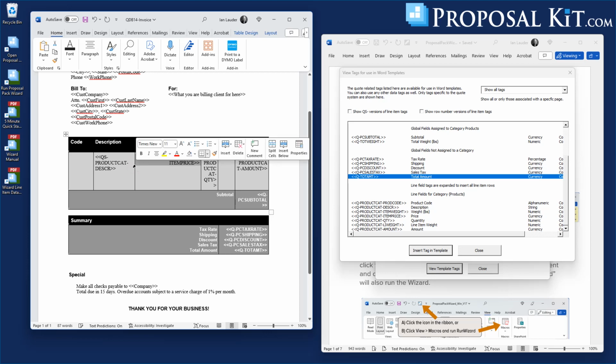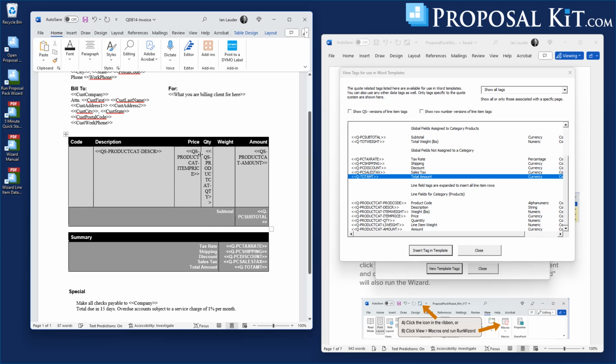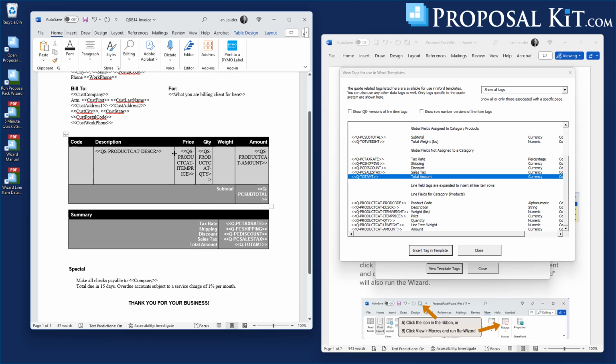Okay, so I've kind of got the table set up, I've got the widths set up, and now I just need to get the tags for